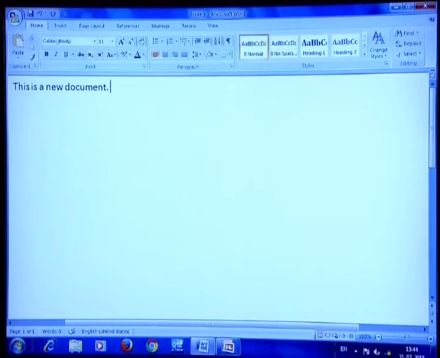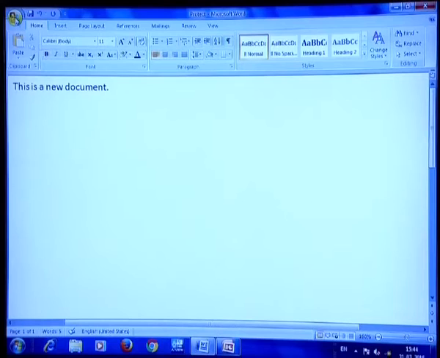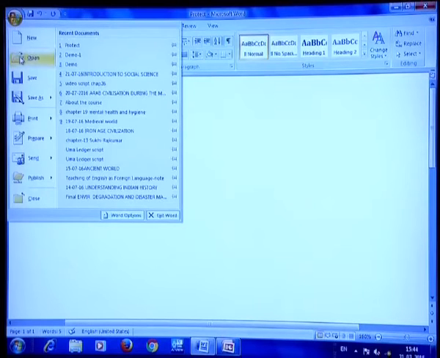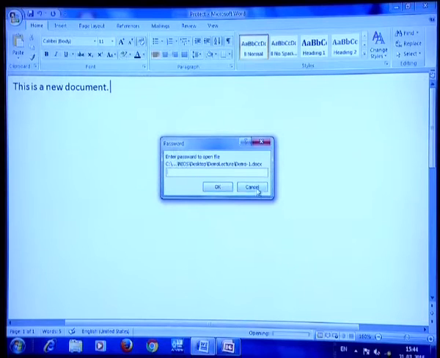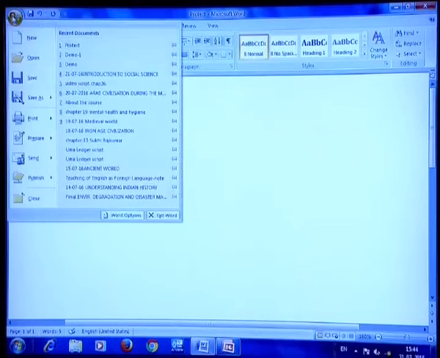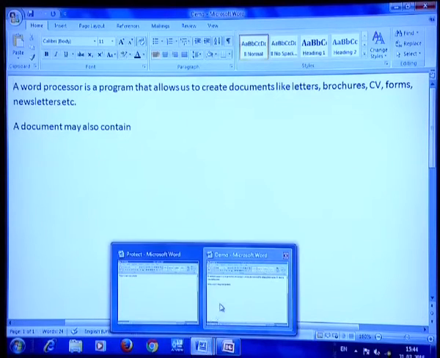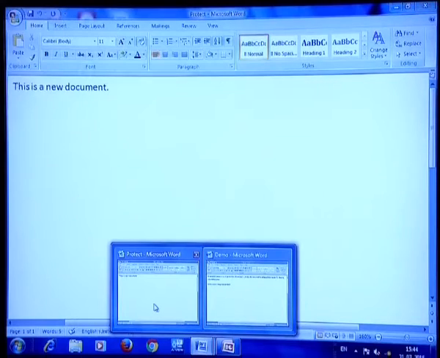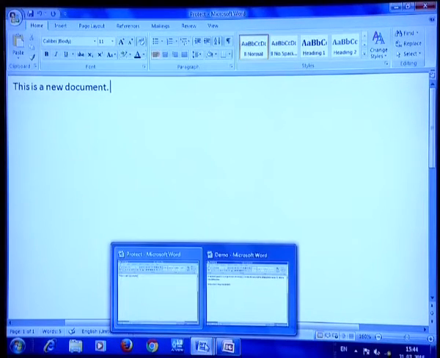So, this way we can protect the documents, and also we can work with multiple documents at the same time. Suppose this is a document, at the same time I want to open another document. So, this document is open, let me now open demo. So, this document has been opened. Now, there are two documents which I can see at the taskbar. If I go there, you see it shows me two documents, demo is open and protect is open. I can work with any one, or I can work with both simultaneously.